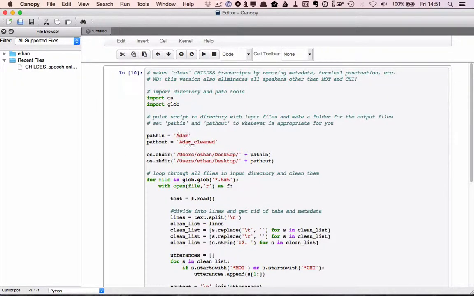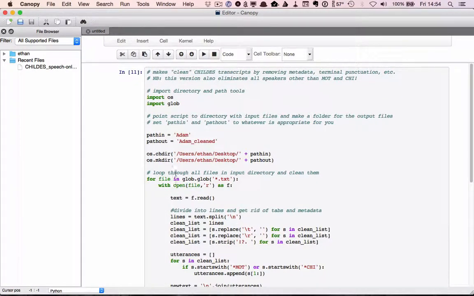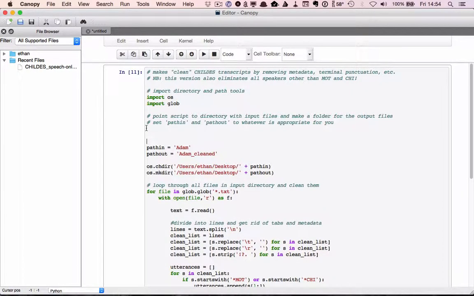So now, instead of Adam, let's write Sarah here. And notice that we could have even gone another step and made Sarah a variable that we just plug in here. But for now, we'll just change it those two places. Actually, no, let's just do it for the sake of it. So let's make a variable here called child. And we could set child to be Adam. And now path in